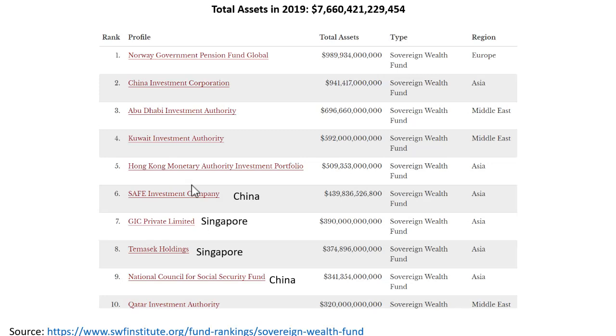If you are checking not the current data but the data from before COVID, we can see the top SVFs. The first one is the Norwegian pension fund, but even though it's a pension fund in the name, in practice this one is much more like the sovereign wealth funds, because they are collecting oil revenues. They are saying that, okay, the current generation who is responsible for or related to oil extraction should also be happily enjoying the benefits of these investments. So that's why their pension fund is linked to these oil revenues, and that's why oil revenues are invested, but after that this money will be paid out, at least the revenues of this capital will be paid out as pensions